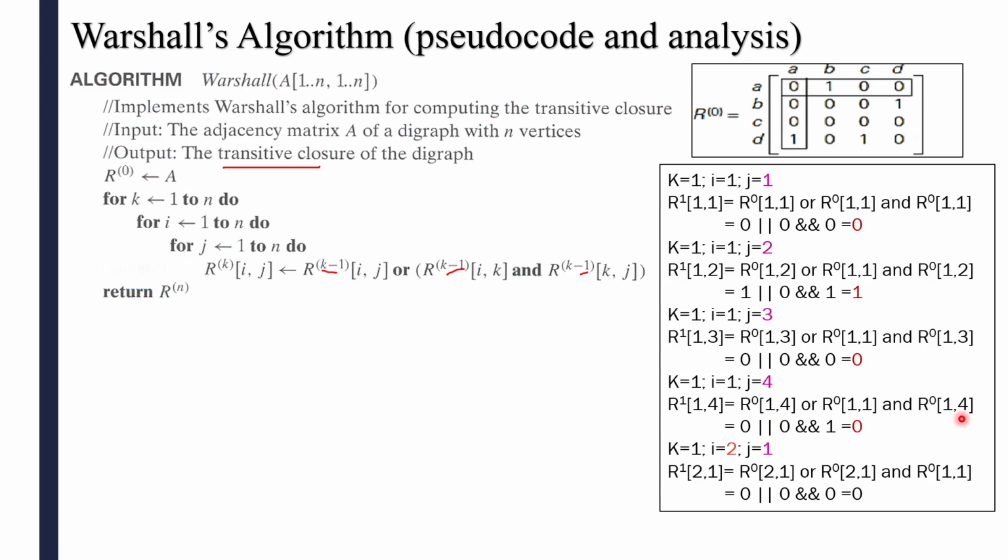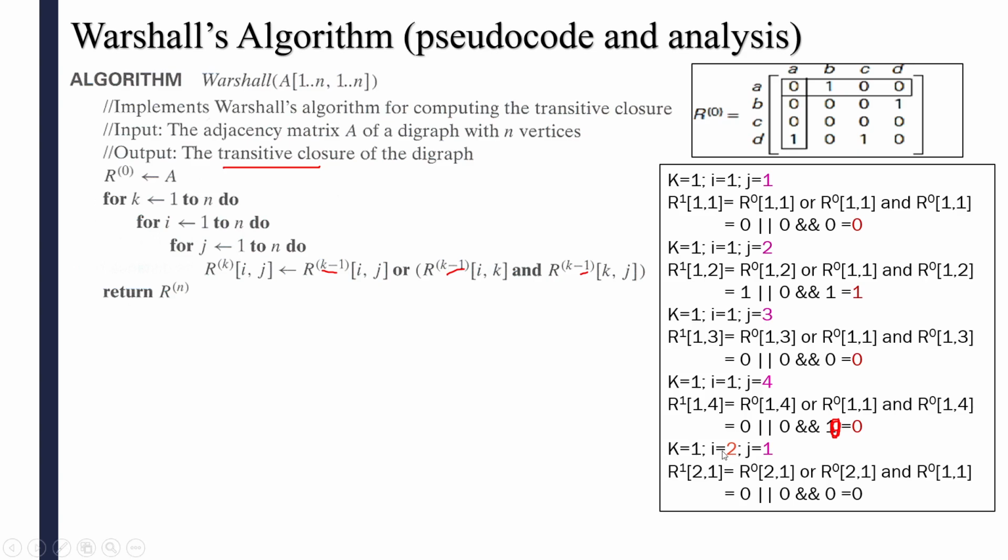One second. First row, first column, I made a mistake here. It is actually, I'll see, one second. It is 0 only. Okay, A to D it is 0. By mistake I entered here a 1. Actually it is 0. So 0 or 0 means what? You will get 0 only. So now this is 0. By mistake I entered a 1 here, but this is 0 here. So if I do that, I'll get this one also as 0 only.